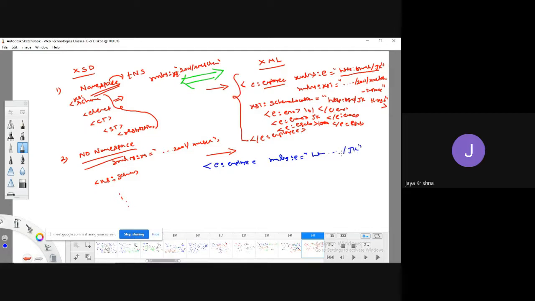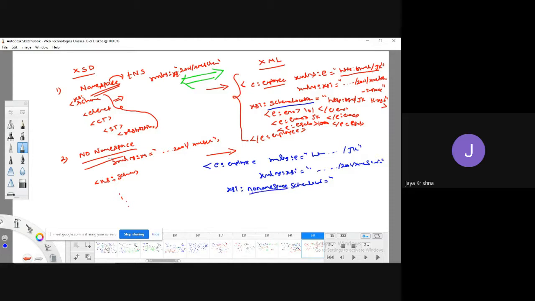I'm going to import from this package, and I'm going to write XMLNS colon XML Schema Instance. So 2001 slash XML Schema Instance. With the help of that package extension, I can go for writing no namespace schema location equal to